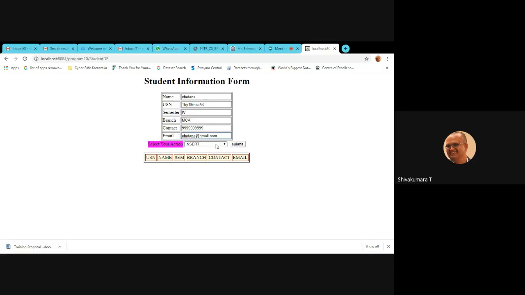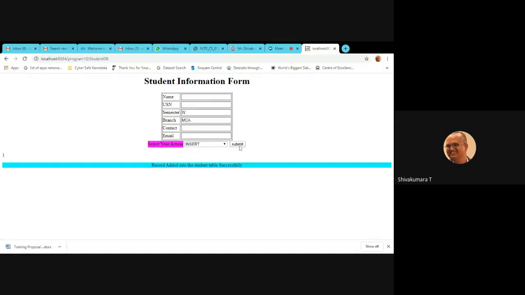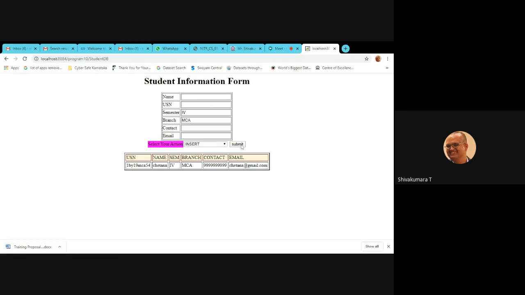Right. So you select your appropriate action. I am going to insert this information into the database. When you click on submit, one record added. Observe at the left hand, one record added into the student table successfully. How do we come to know that the record is added? Information is displaying whether it is added or not. How to get it? Again, by selecting display records, submit. So the information of that student is fetched from the table, it was recently inserted into the student table.